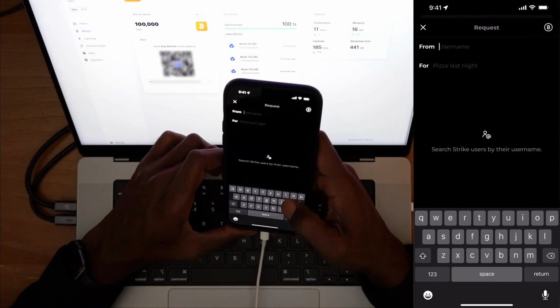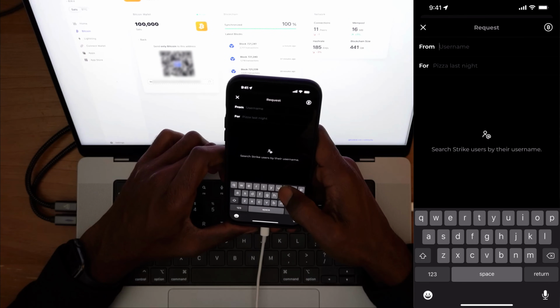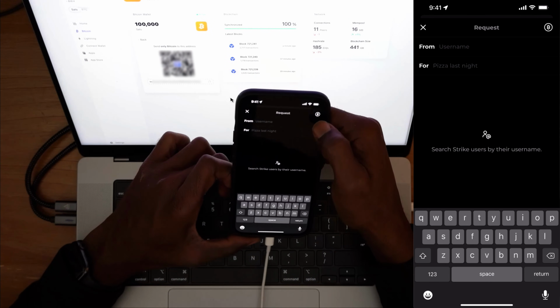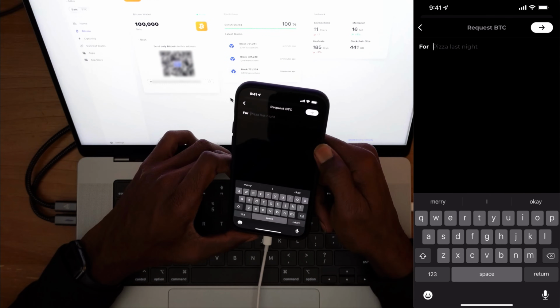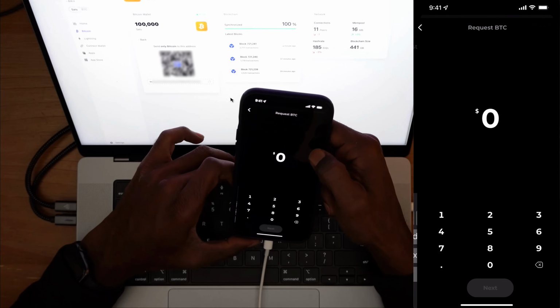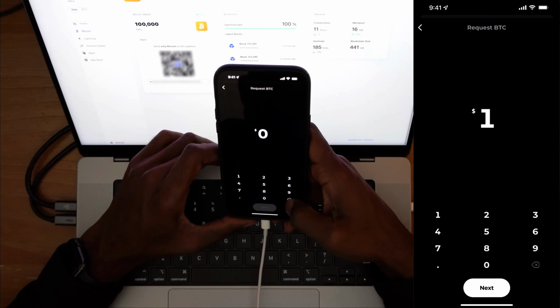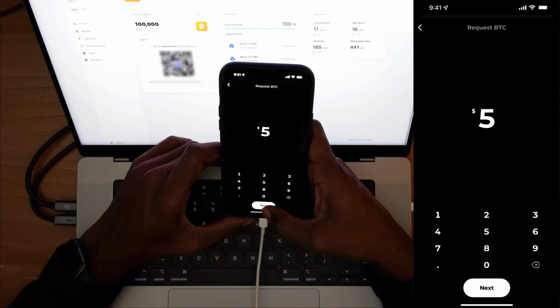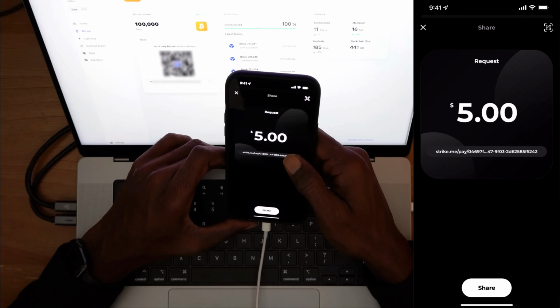Now, if they're using the Strike app, you can just put in their name there, and it will fill that in. Or if they need to send you an actual address, you can click on the little Bitcoin icon at the top, and then go to request. Let's put in $5 here. I can hit request or next on there, and you can see it gives you